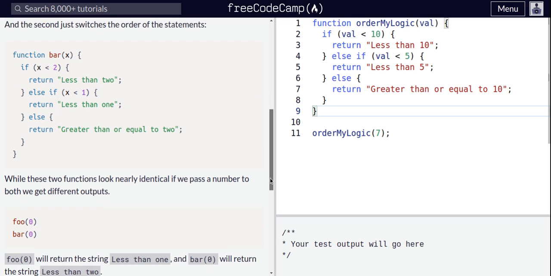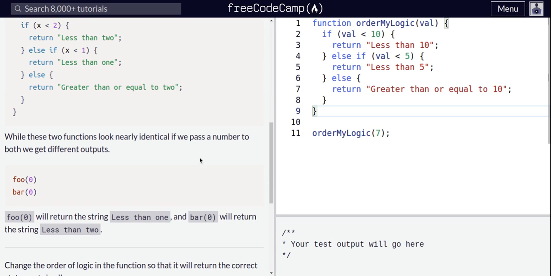So what is wrong? The first function, foo, passing in an argument of 0, is going to return less than 1. And the second function, called bar, passing the same argument of 0, is going to return the string less than 2. Although 0 is actually less than 1 and less than 2. But in this kind of situation, we would want to see